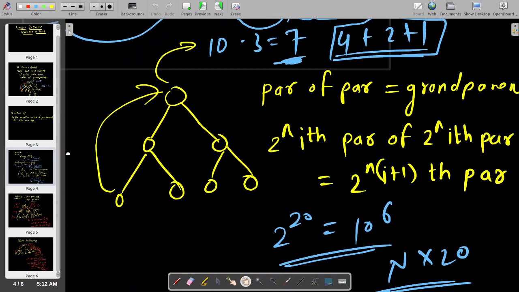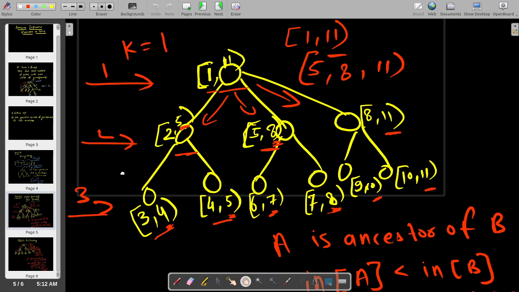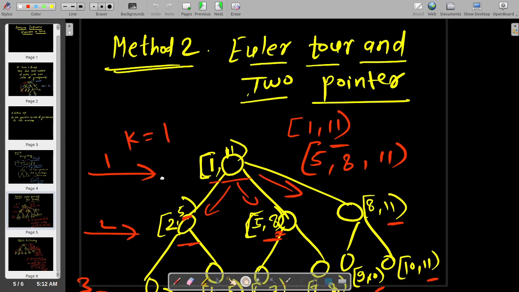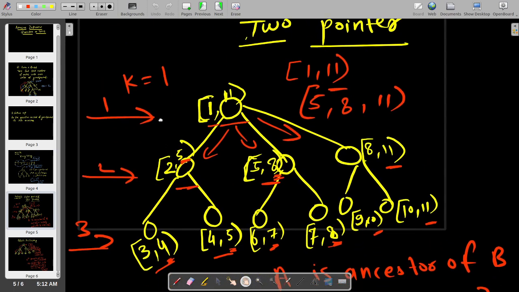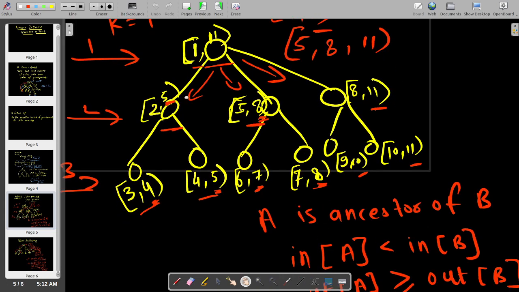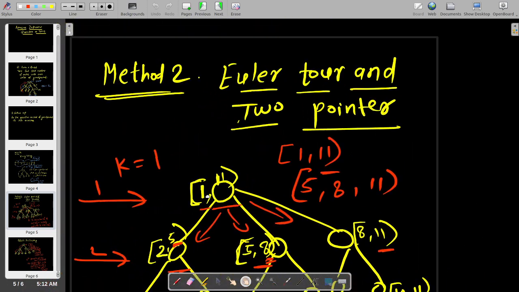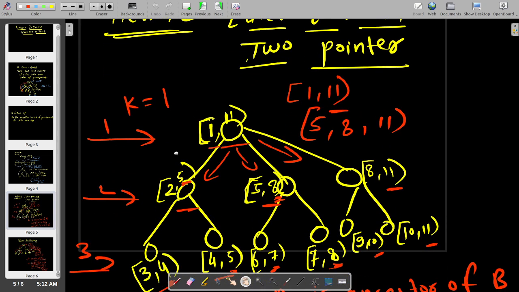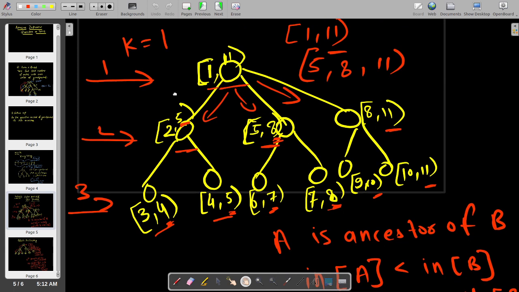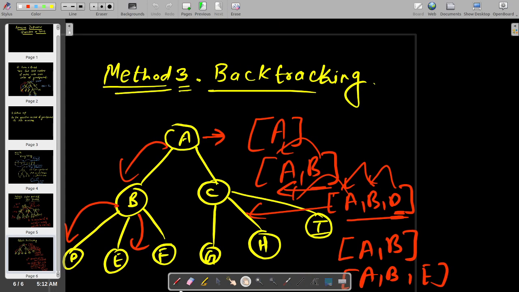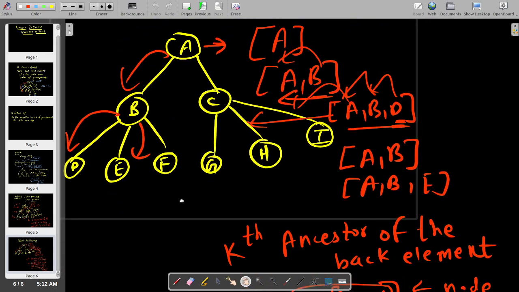Then Euler tour is basically complex, so you'd better read a blog to understand it more, like the Euler tour blog on Codeforces, or any YouTube video. But basically this is what Euler tour looks like, and this is the method of backtracking.